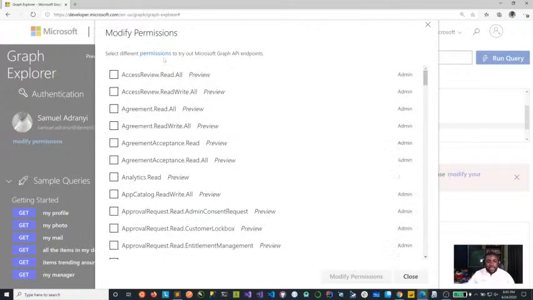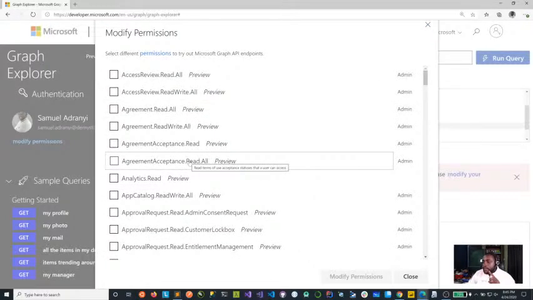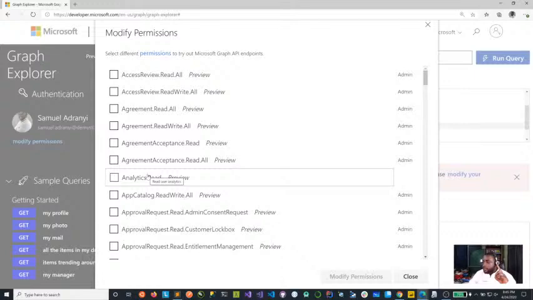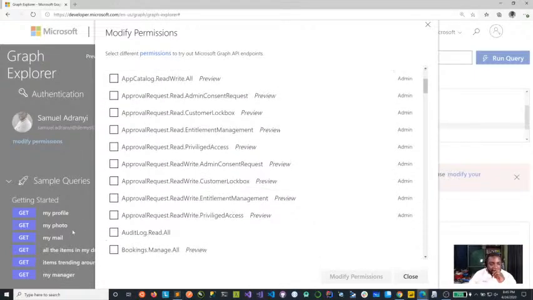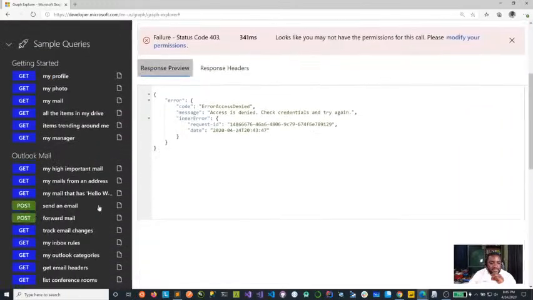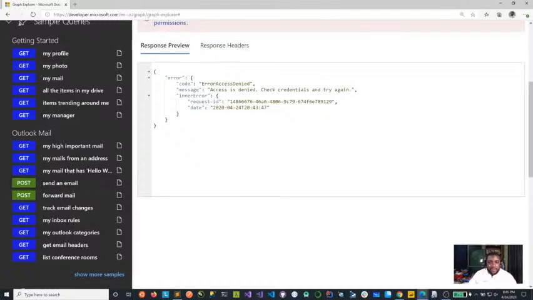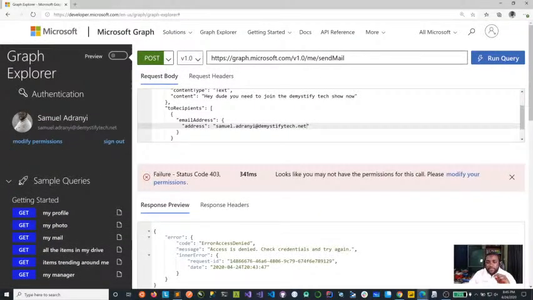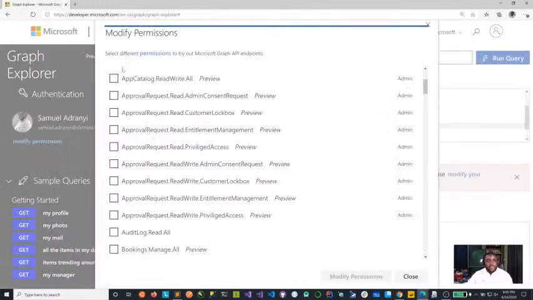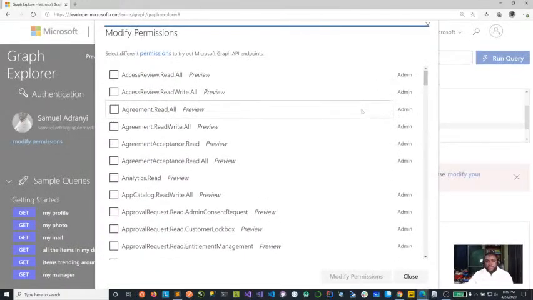And then, so what were we doing? We're trying to use the Outlook mail, right? So that is, just close this for a moment. Let's just look at it. So this was send mail, right? We're trying to do send mail. So if you look at it, we're doing what? Send mail. So let's click on permission, and I'm going to use,